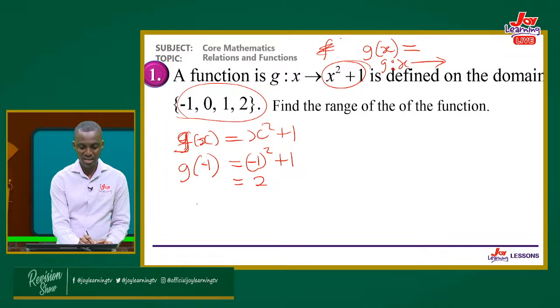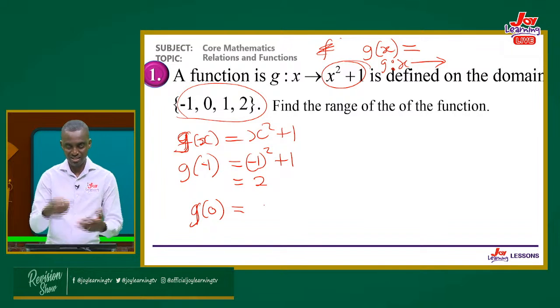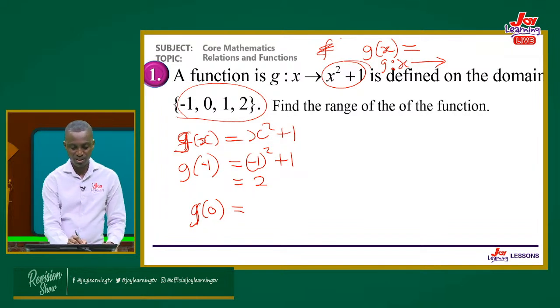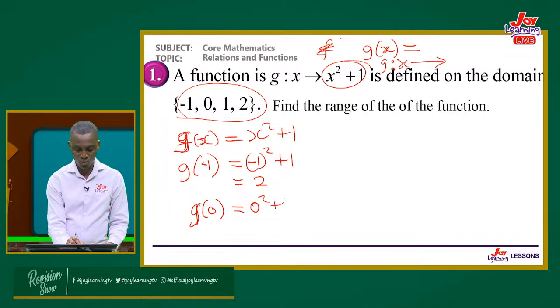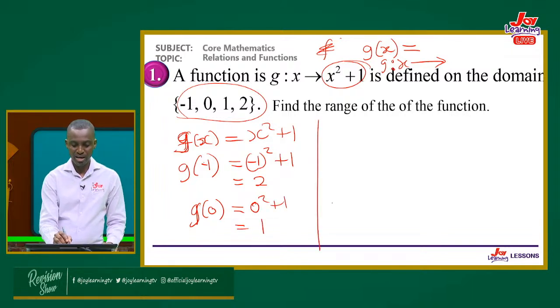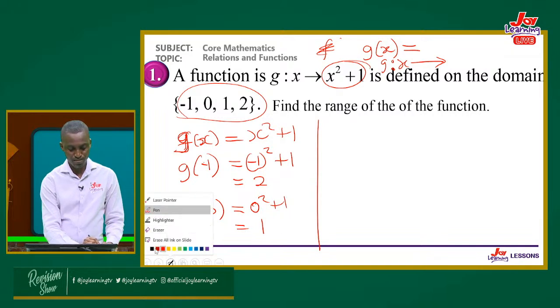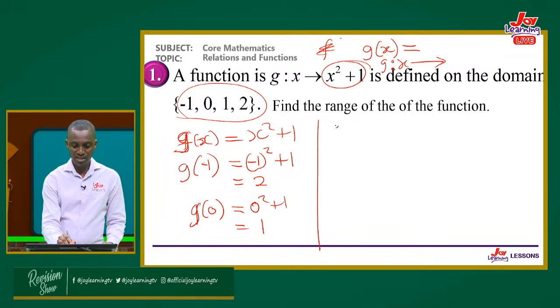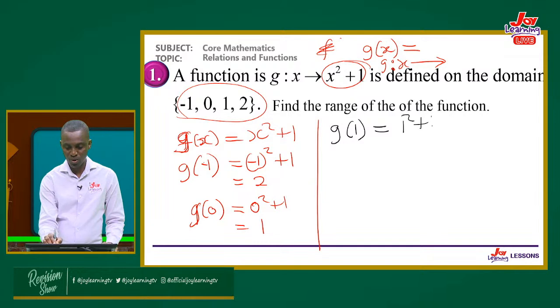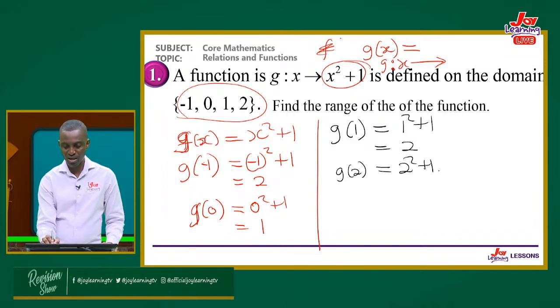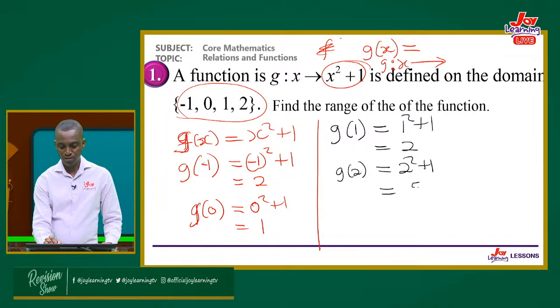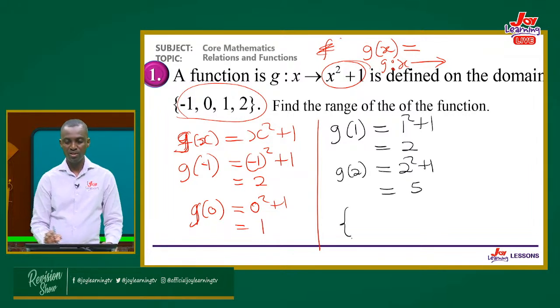Right. Then I put in g of 0. Then I process it. So I'm going to process it, like I said, it's a machine. So it's going to be 0 squared plus 1, and that will give me 1. Then I put in g of 1, and that will give me 1 squared plus 1. Answer will be 2. Then I'm going to have g of 2. Also, I'm going to have 2 squared plus 1. Answer gives me 5. So the range, okay,